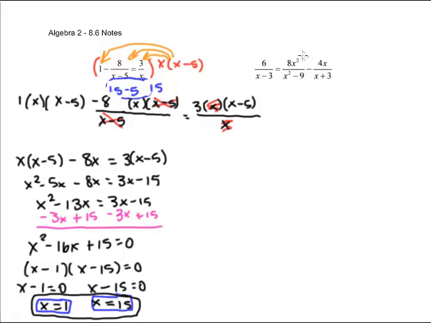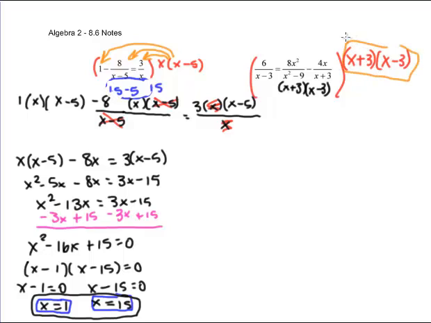On the right-hand side, go ahead and factor x squared minus 9 to be x plus 3 and x minus 3. And then when you find that when you multiply by the common denominator, you're multiplying the whole equation by x plus 3 times x minus 3. And if you've noticed, we have a pattern of stuff that divides out. So when I multiply all of this to each piece,